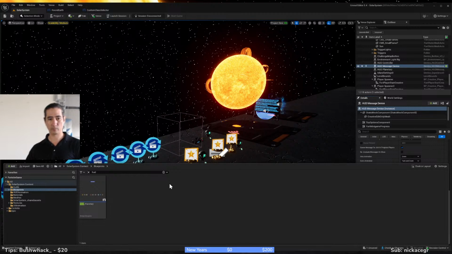Sorry. Now that maybe you can hear me over the whining and stuff, at the bottom when you right click or when you click the add button, it's user interface widget blueprint. You don't want to do the normal blueprint class. Because again, it's the HUD message device, the heads up display, so that's the user interface. It only comes up with the one option on the widget blueprint. And then from there, you select what it is. In this case, we're doing user widget.